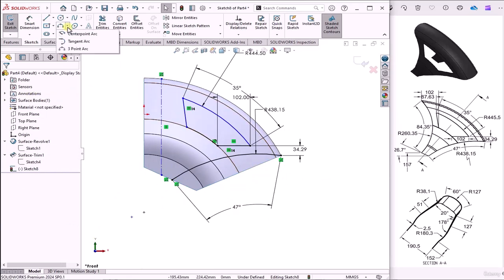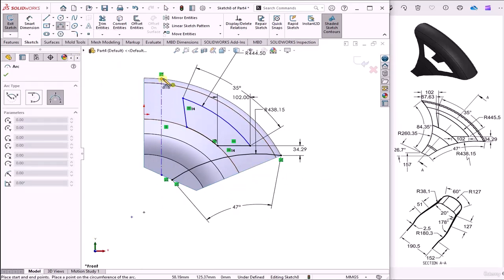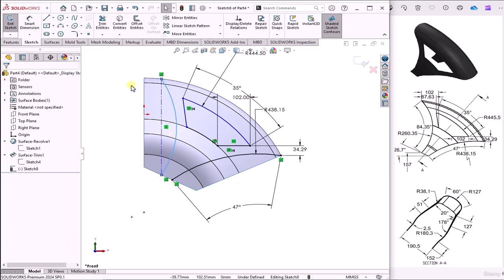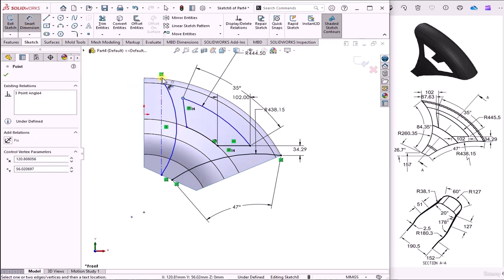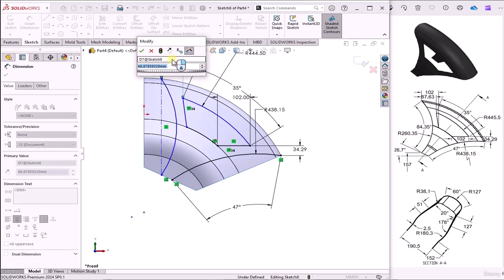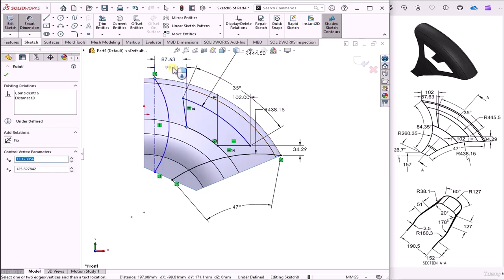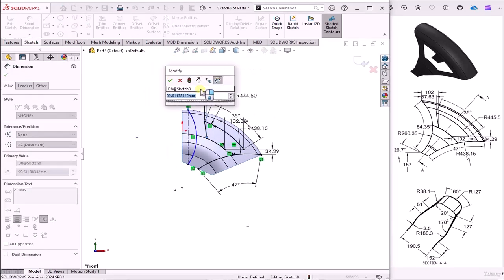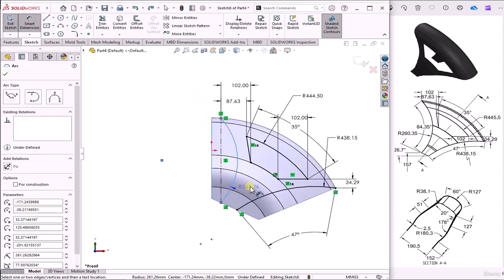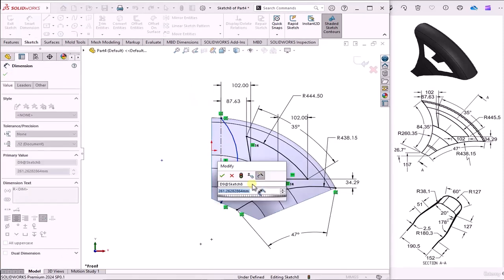Now go to arc drop down, select the 3-point arc, click on this point and this point and click here, choose the OK button. Go to smart dimension, select this point and here put the value 87.63 and enter. Click here and here and put the value 102 and enter. Select this arc and put the value 260.35